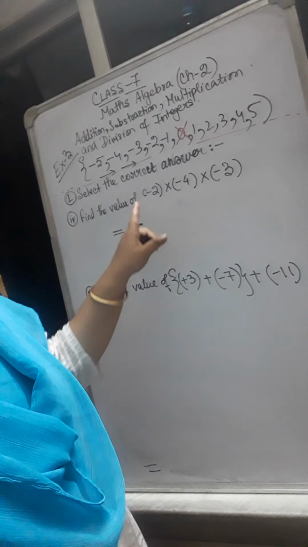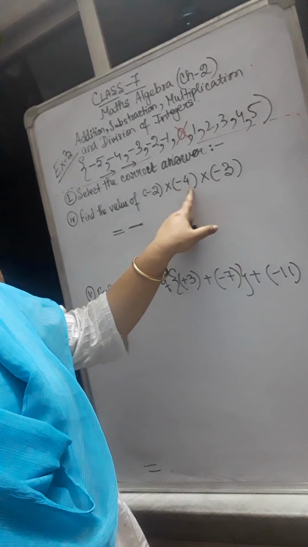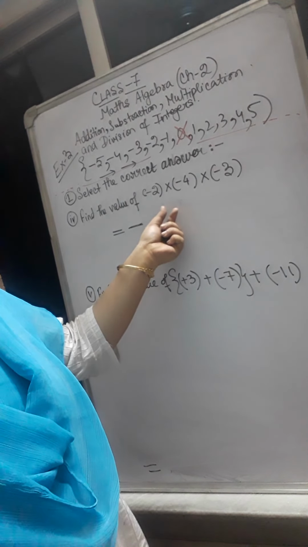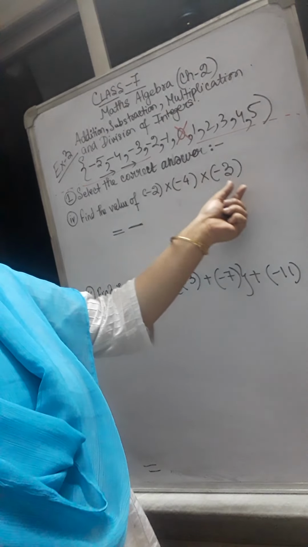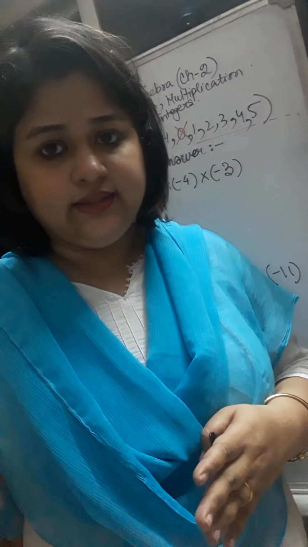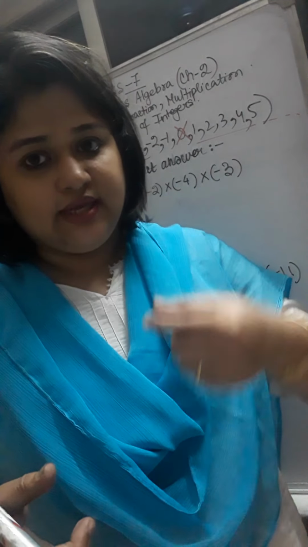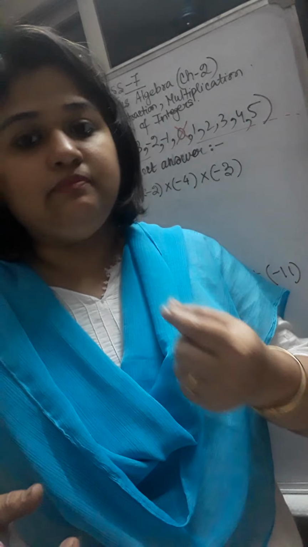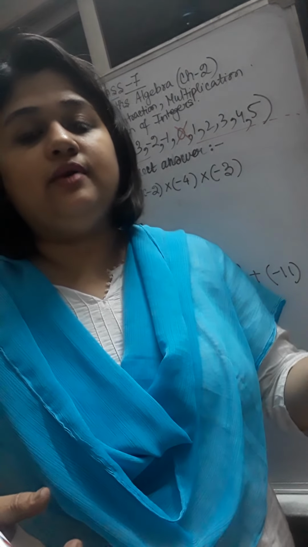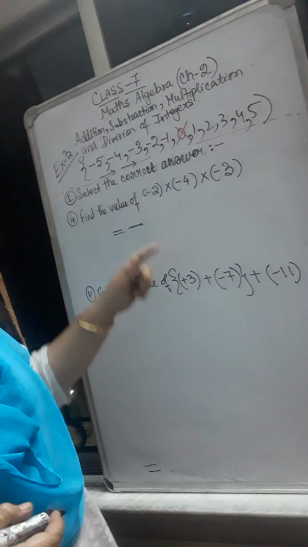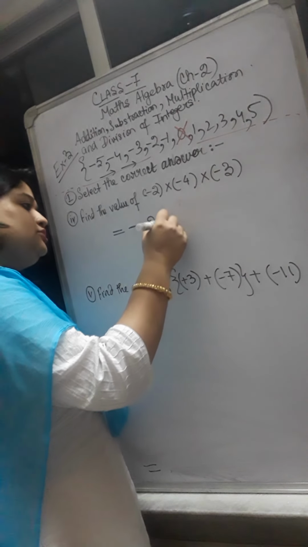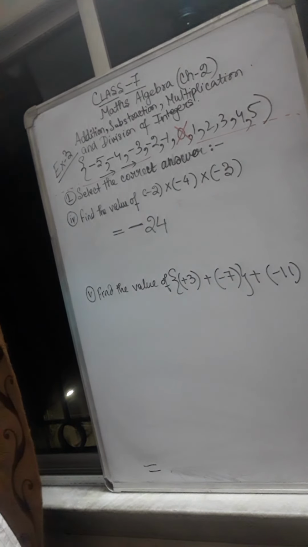And then you multiply all the 3 numbers. 2 4s are 8, the product of these 2 numbers is 8. With that you multiply the third number, just like we are breaking the sum: multiplying the 2 numbers and then multiplying the third number. Similarly, multiplying the 2 signs, whatever is the result sign, with that we are multiplying the third sign. So 2 4s are 8, 8 3s are 24. So the correct answer is minus 24.